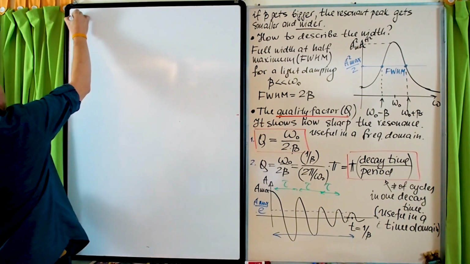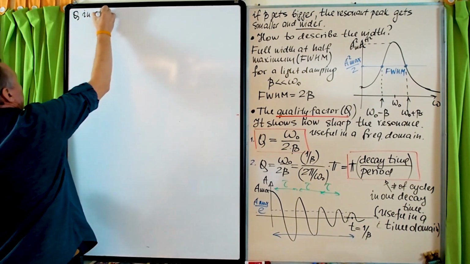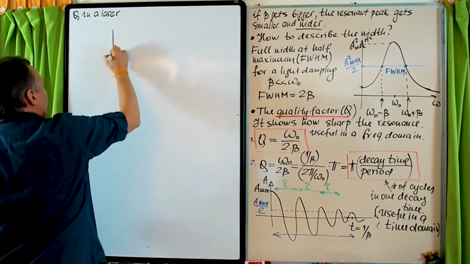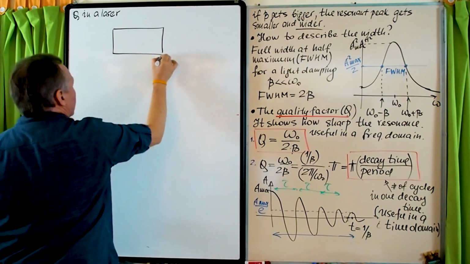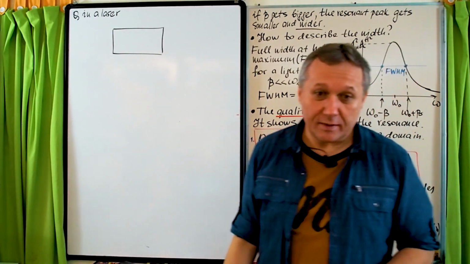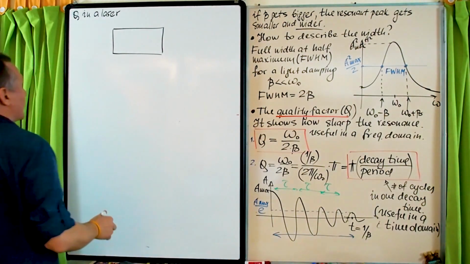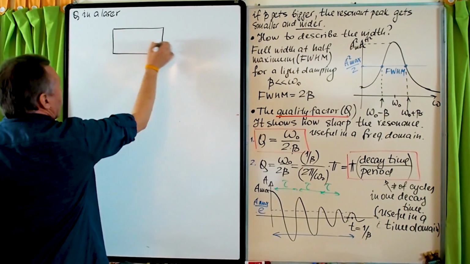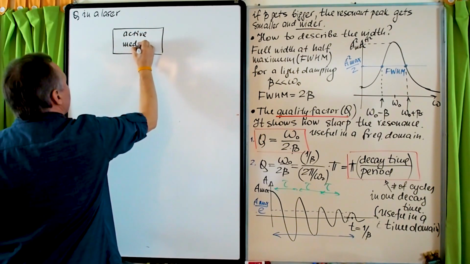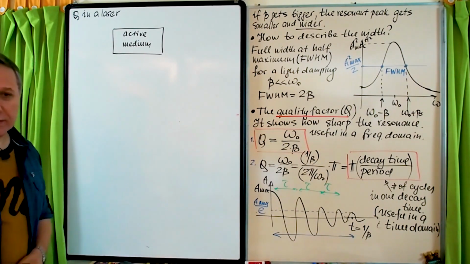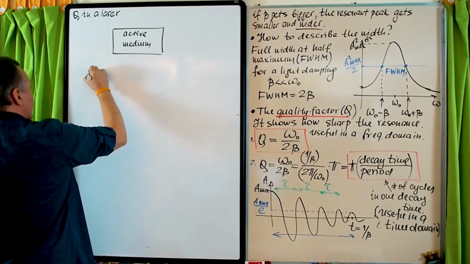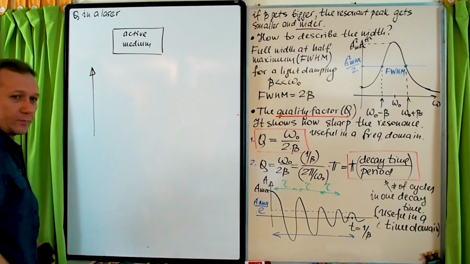So Q in a laser. You know how a laser works. You have some active medium, a material, sapphire activated with titanium or something else. It's an active medium, basically a material which produces light. And this active medium produces light; if you measure the spectrum,